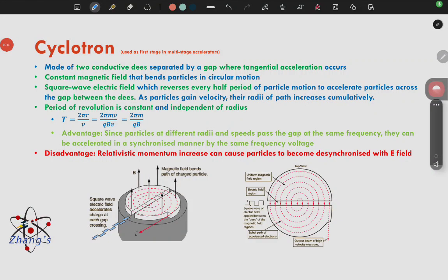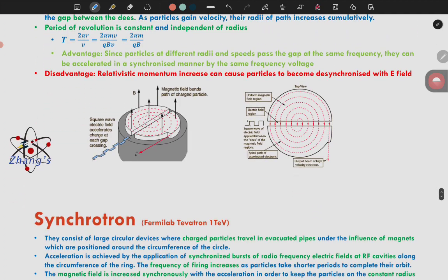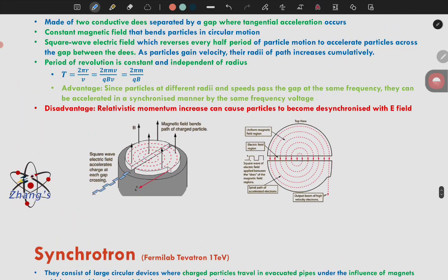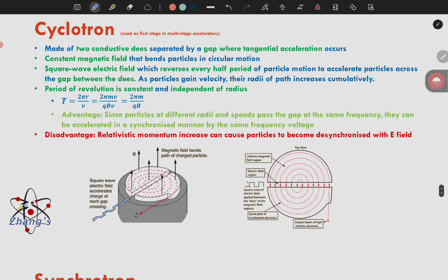Hi guys, so I guess where we ended in the lesson was around the cyclotrons. So I just want to talk a bit more about the synchrotron. Now, where we kind of left off is that the cyclotron is the first time we have an accelerator